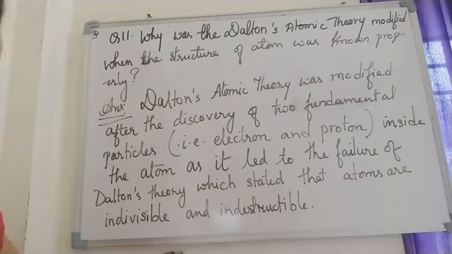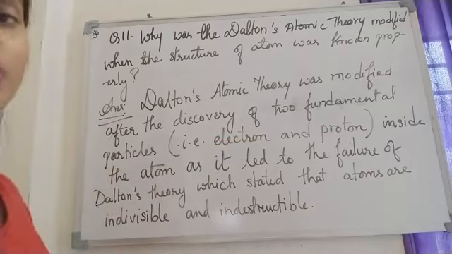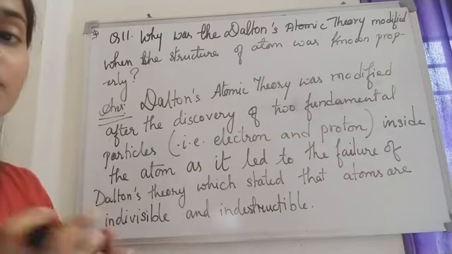But after that, many scientists came into this field and they studied atoms. They studied and discovered the structure of atom. And from there they came to know that atom is not the smallest particle. It is again made of some more particles. Majorly, we'll consider electrons and protons. That means atoms are not the smallest particle.